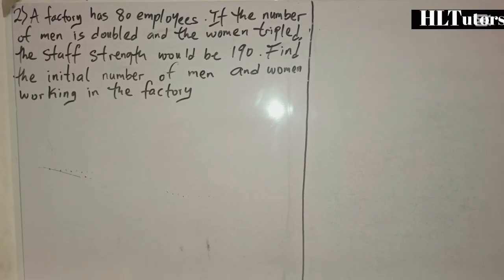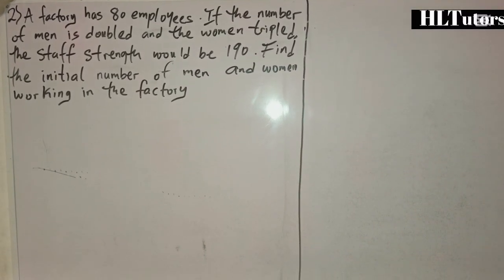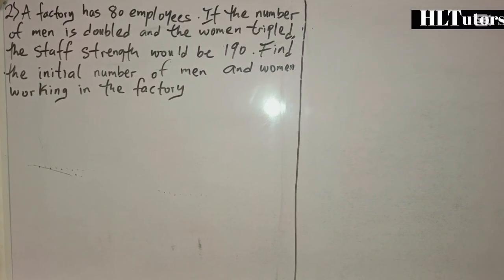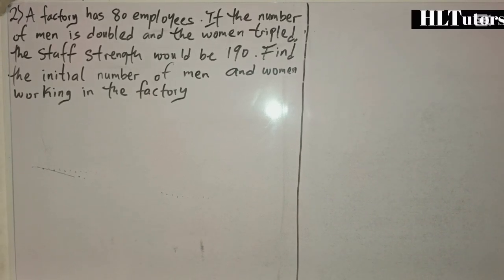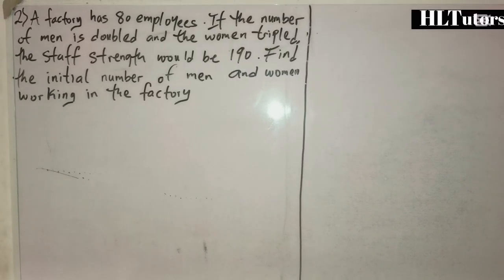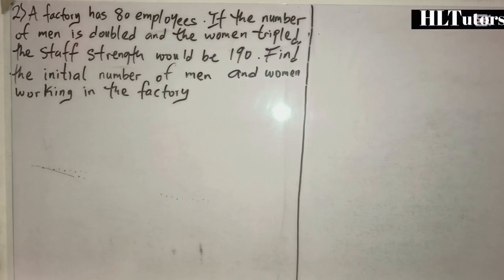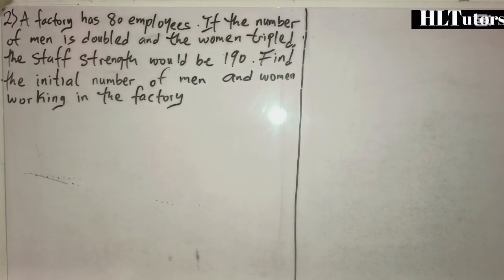Hello everyone, in this video I'll be solving NECO 2025 paper 3 question 2A. A factory has 80 employees. That means you have 80 people working in that organization or that factory. If the number of men is doubled,